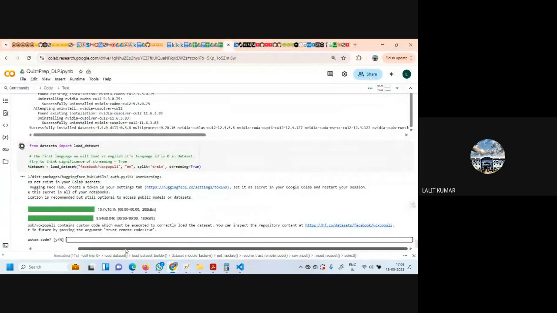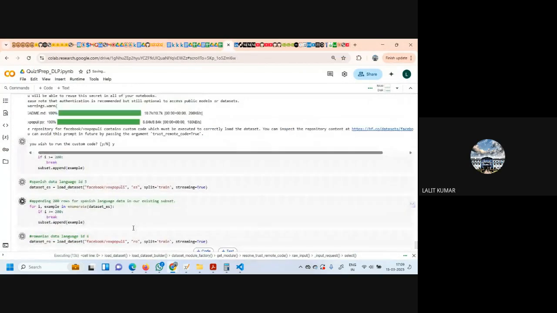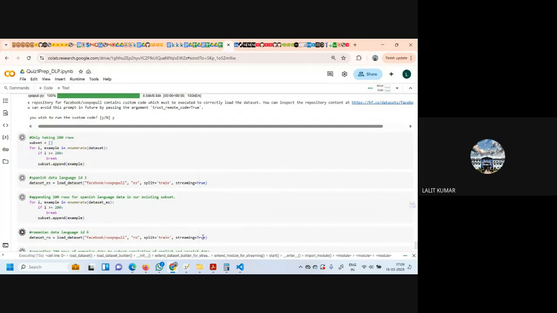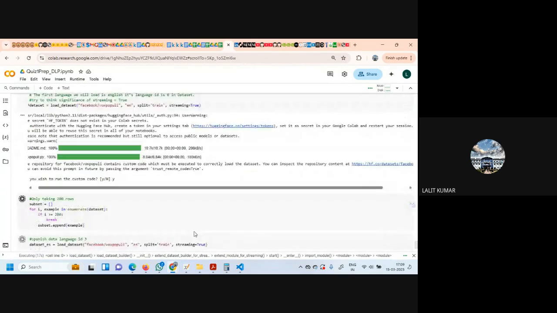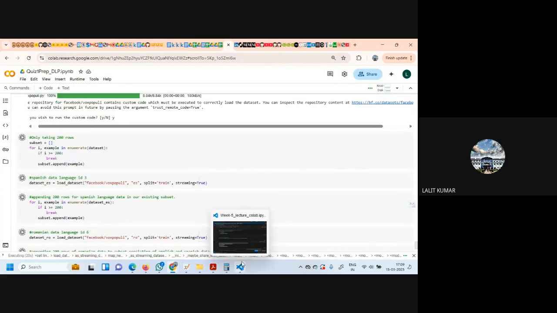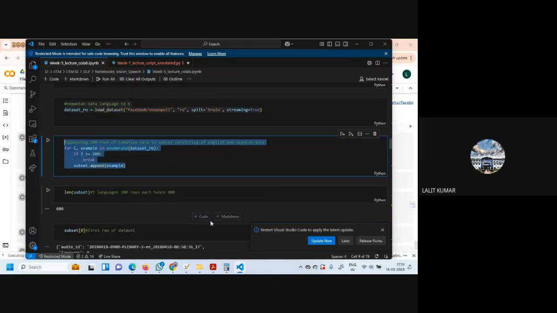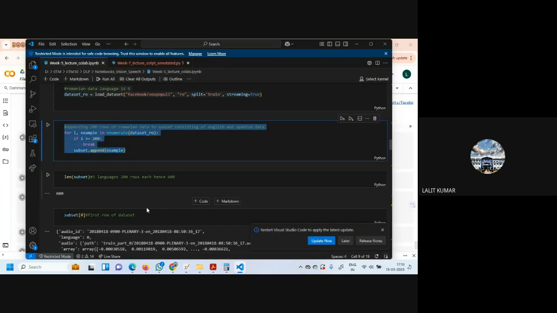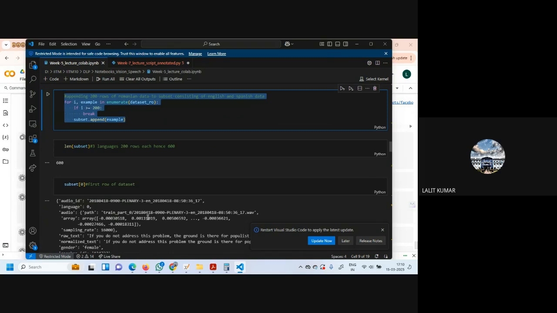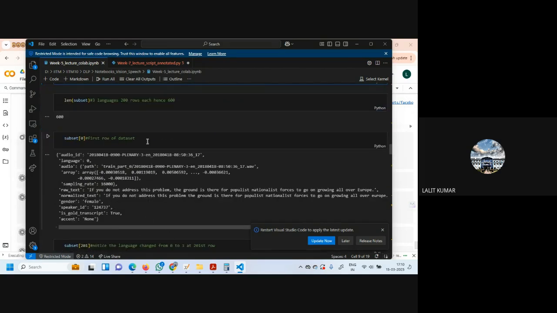It is loading. And then when we see the length, okay, there is no problem. We see one subset of 0. So these are the things which are available in this data.